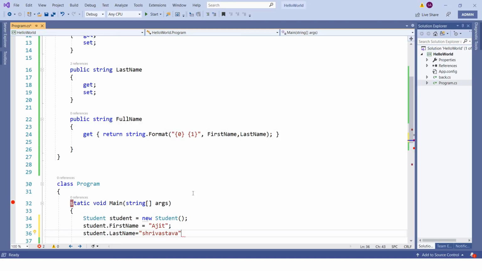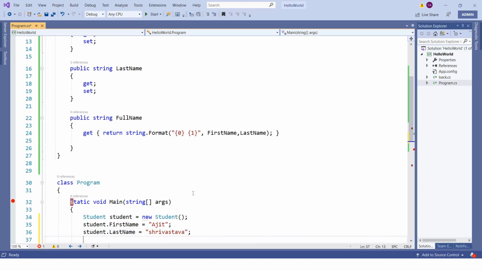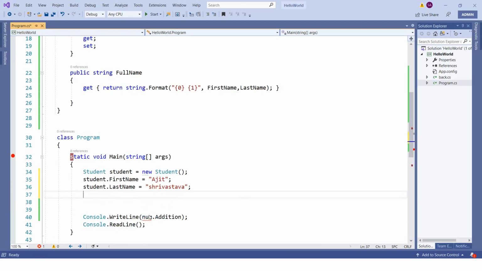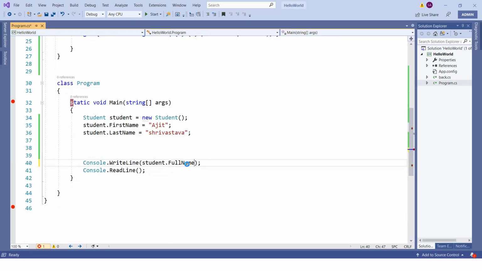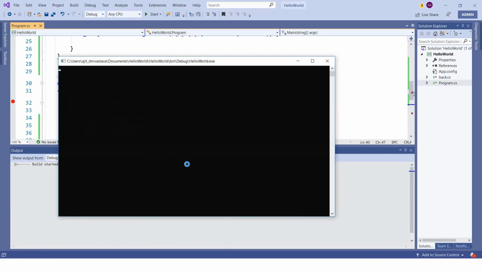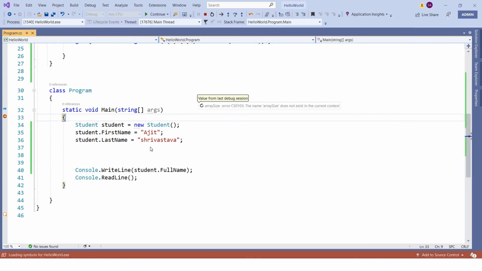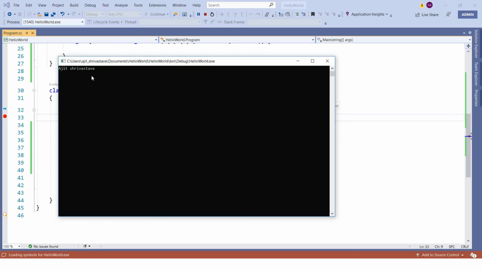Then we can simply print the full name. Press F5. You should be able to see Ajit Srivastava, right.